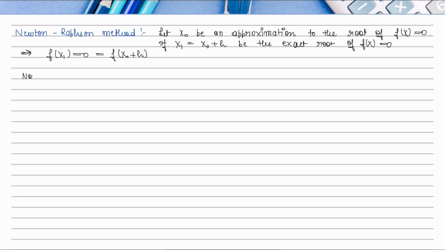Now expanding f of x naught plus h by Taylor series,